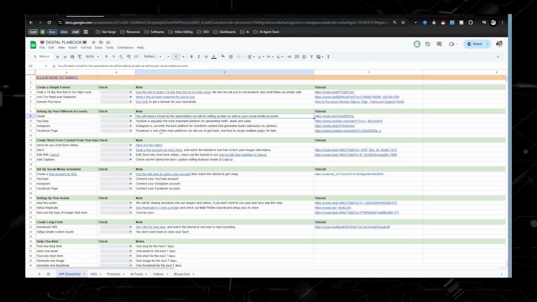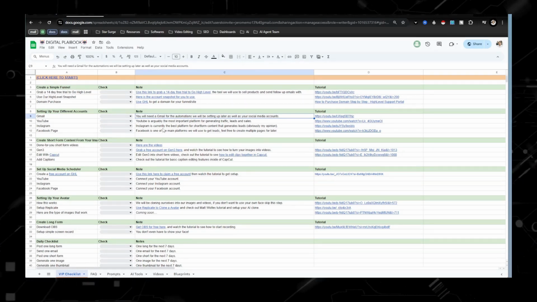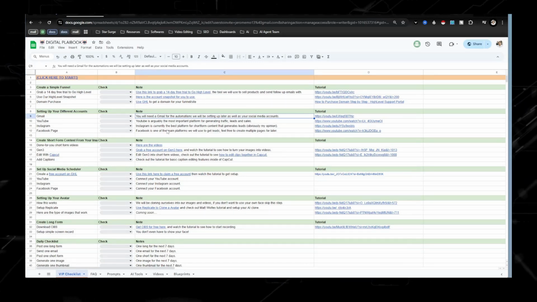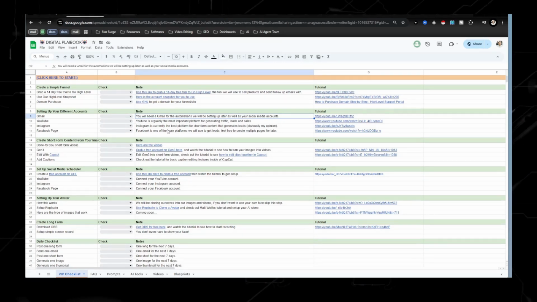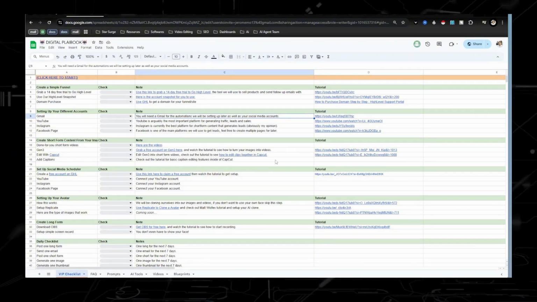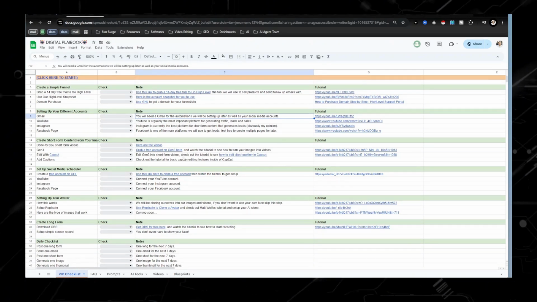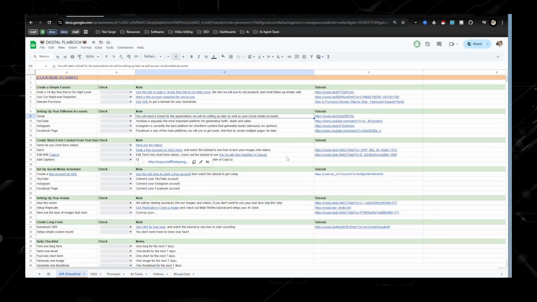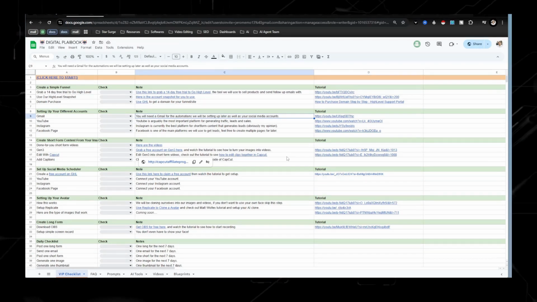Next, going through the checklist is you're going to need to create 3 different social media platforms: YouTube, Instagram, and Facebook. Now, I left TikTok off of this because TikTok doesn't really like AI content, but if you're familiar with TikTok and you want to post on TikTok, go ahead. After you do that, I give you 2 options. Take the done for you videos right here and download them, which is what most people are going to do. Or we can go into Gen 3 and we are able to take videos that we create in Replicate and turn those into images. So I'm going to briefly cover that.